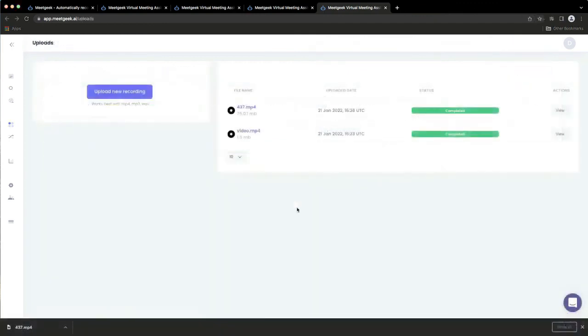So another really cool feature, and I think you're going to find this really beneficial, because we have meetings across multiple platforms. There are so many different software out there. So one great thing that MeetGeek allows you to do is to actually upload video content and meetings from other platforms really quickly and easily. So all you need to do is go to